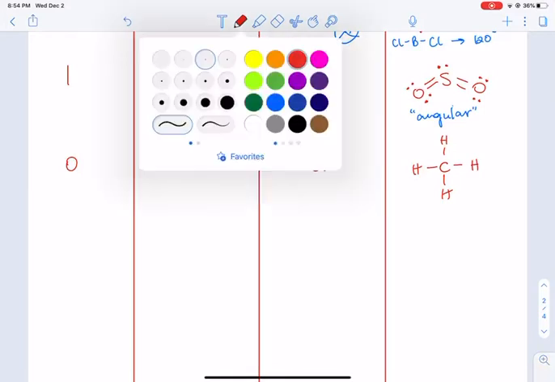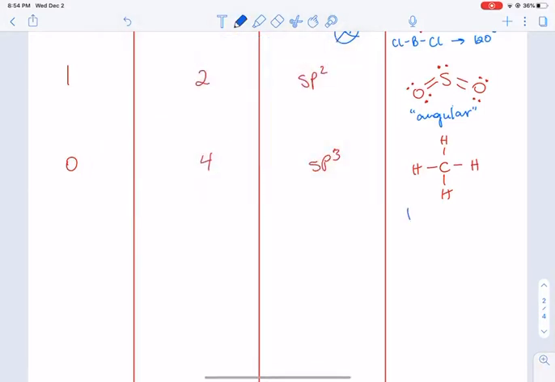Now, methane is an example of a tetrahedral molecule. And the hydrogen-carbon-hydrogen bond angle is going to be 109.5 degrees. Now, it's very misleading because this looks like it's a 90-degree angle. It is not a 90-degree angle. The three-dimensional model of this is something like this,